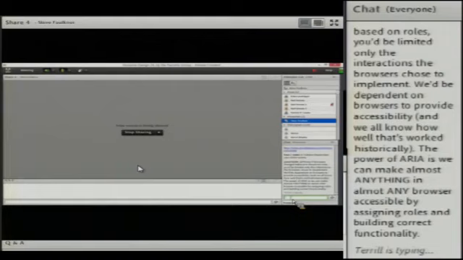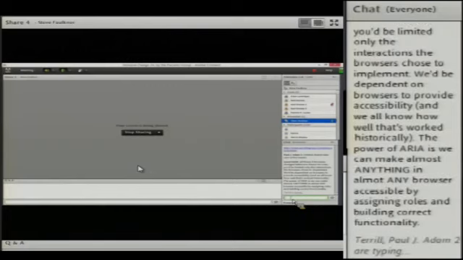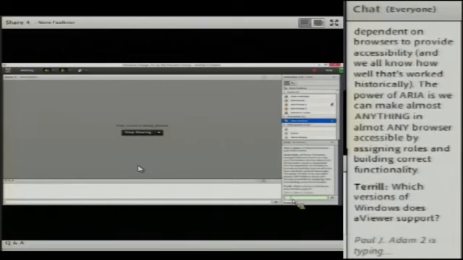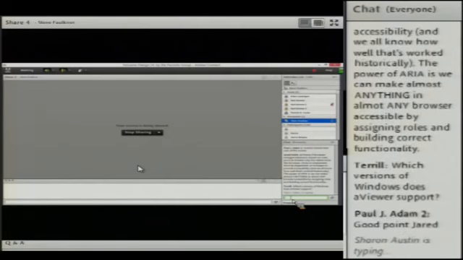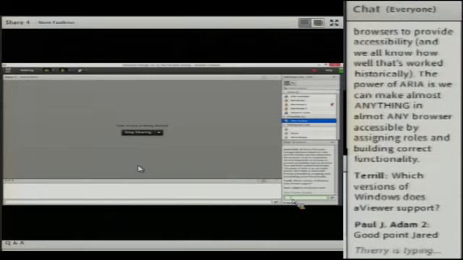So, for example, if you make a button out of a link, you can activate it with the enter key, but you also need to add the spacebar functionality if you've coded it to be a button with role equals button, because the standard method for activating a button is to use the spacebar.